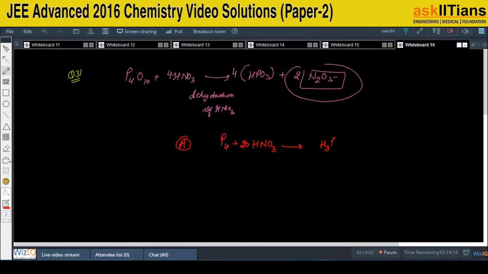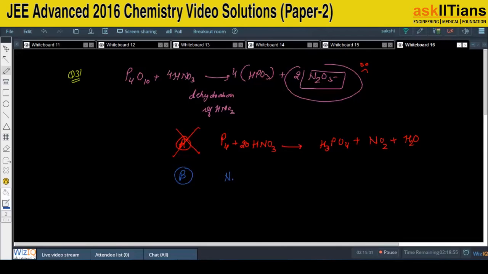This will be forming H3PO4, NO2, and water. But the product we never got is N2O5. That means option A is not the correct option, at least. Now if we go for option B, it says that N2O5 is diamagnetic in